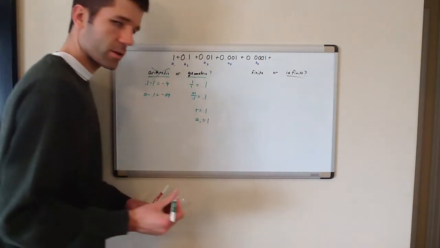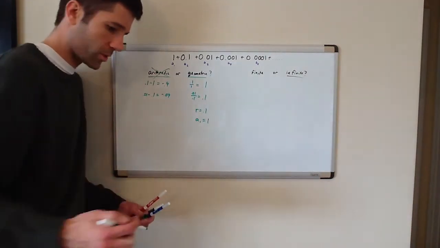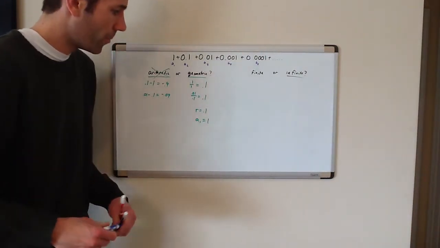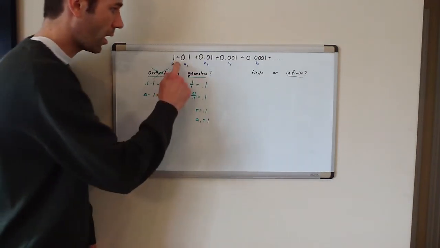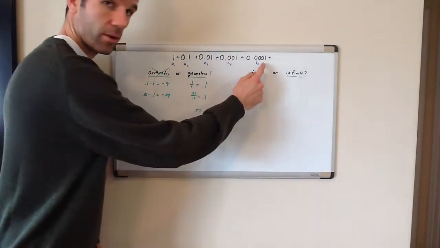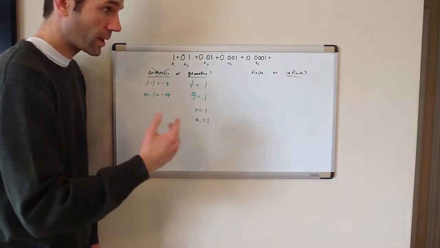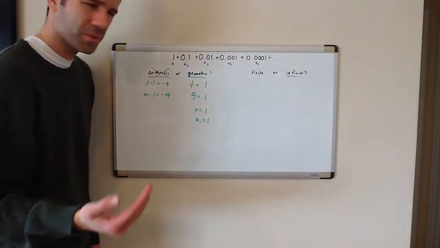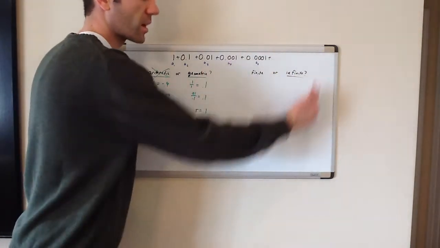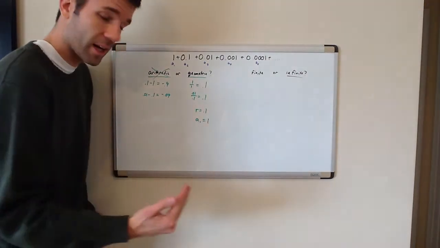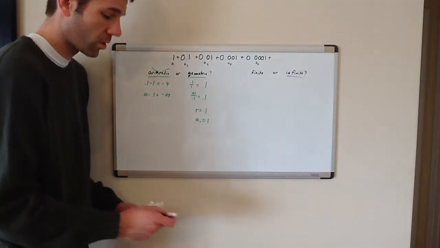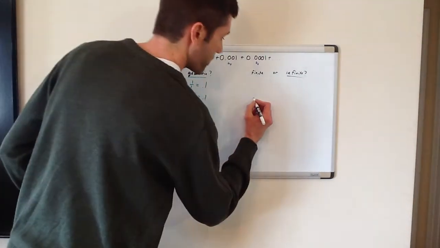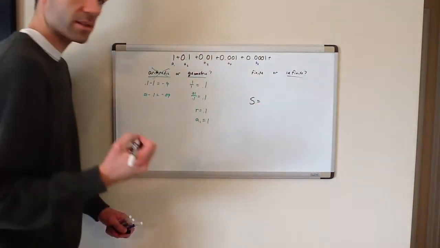Now, we can go recursive, we can go explicit. Hopefully these words are sounding familiar to you. But essentially, we need to add all this stuff together. And we can type it in our calculator up to a point. But because it's infinite, we can only type so much. So it's kind of futile to try to type all that in the calculator. Instead, we're going to use the formula. And the formula is this. The sum of an infinite geometric series,